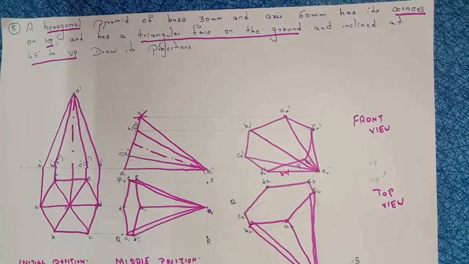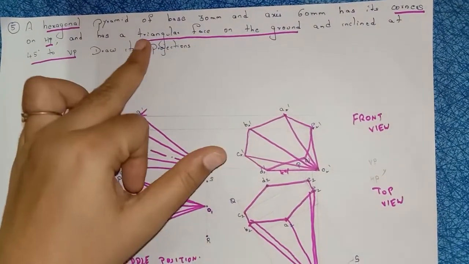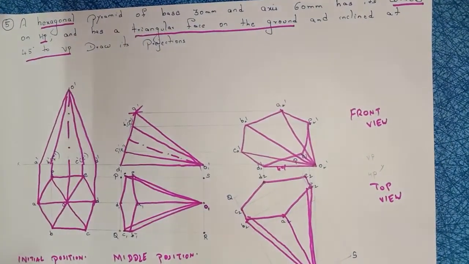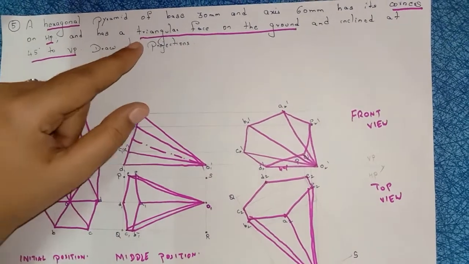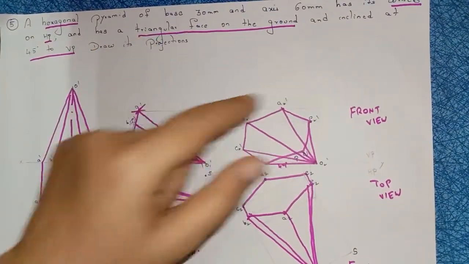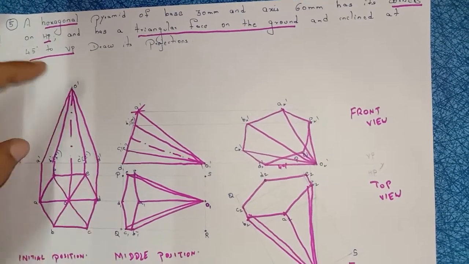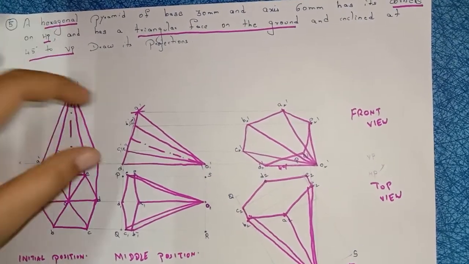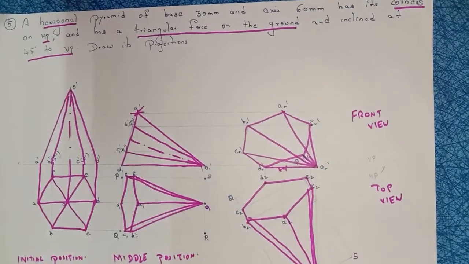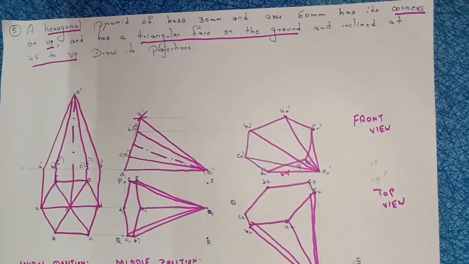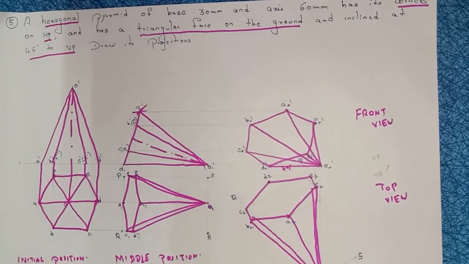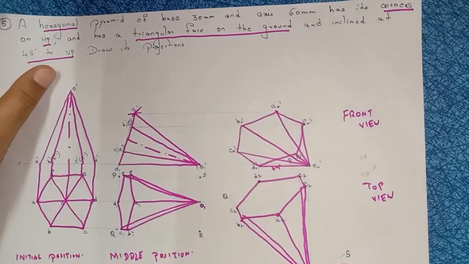See, same problem, but the condition is, in this question they didn't mention two angles. They mentioned the condition as triangular face on the ground. Consider any one of the faces, draw here. Remaining two lengths, take that length with the compass, construct the arc. Same process, same method. Everything was same. Right? Now, I want to tell the next question also, same method.